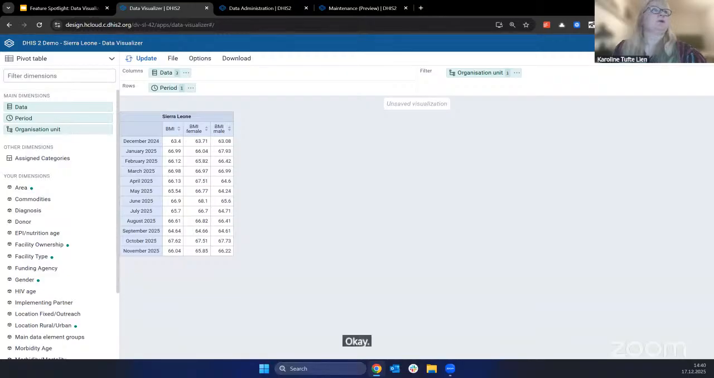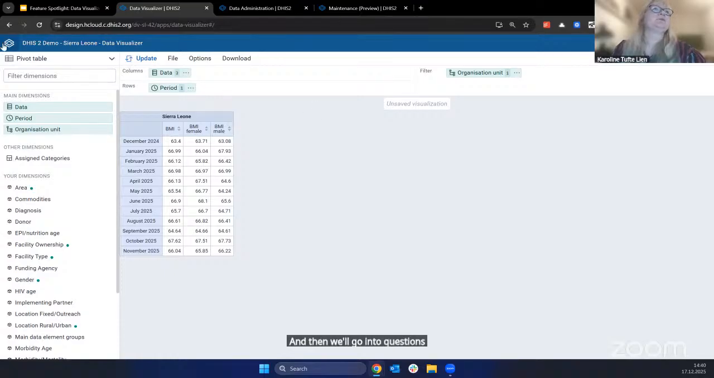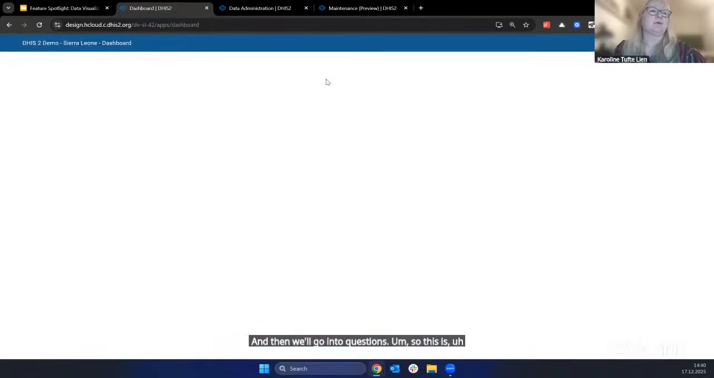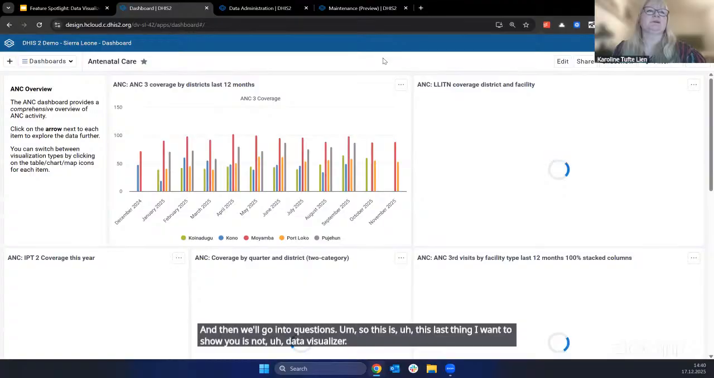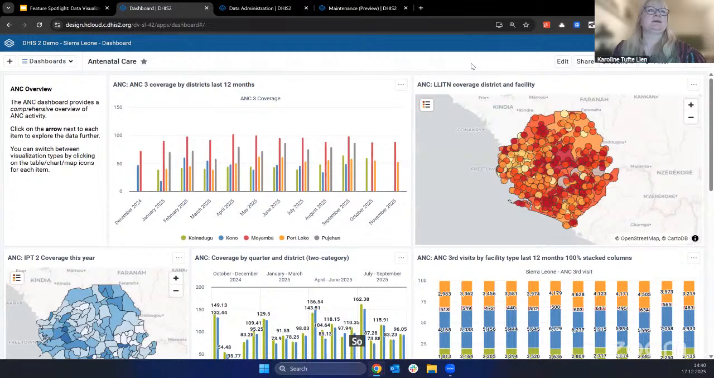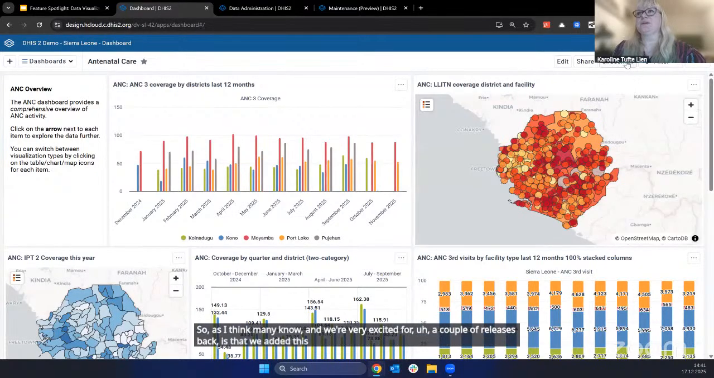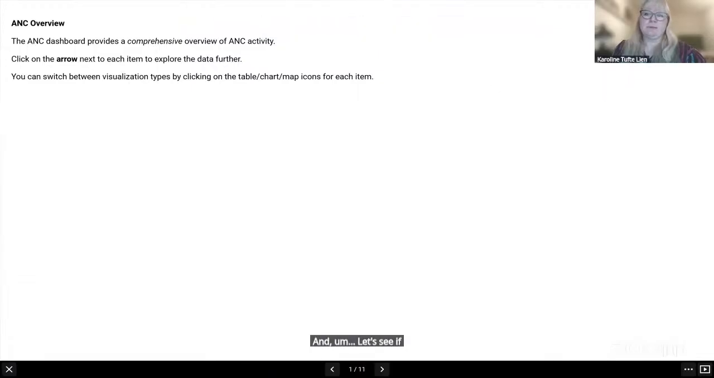Okay, that was quite a lot of new features. I think I'm just going to show a little bonus thing, and then we'll go into questions. This last thing I want to show you is not Data Visualizer directly, but it's adjacent, and it's in our dashboard. As I think many know, and we were very excited about a couple of releases back, we added this slideshow. And let's see if you hopefully see my screen okay,